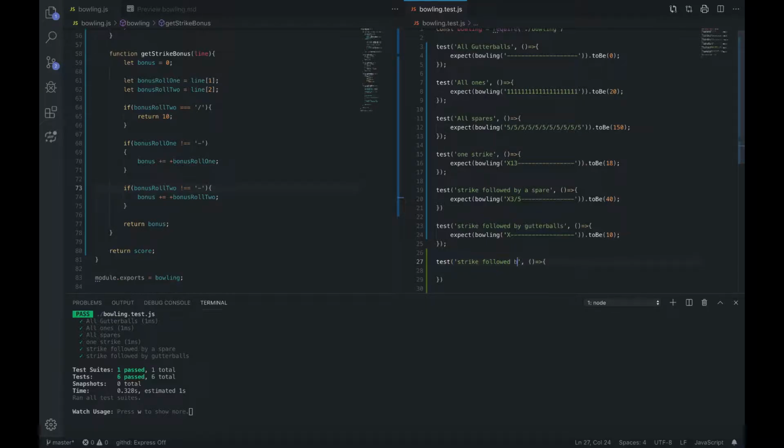Let's go ahead and do strikes followed by strikes. I was trying to think, is there a difference between a test that tests for 2 strikes following a strike and a test for only 1? And there probably is, but we're going to go ahead and